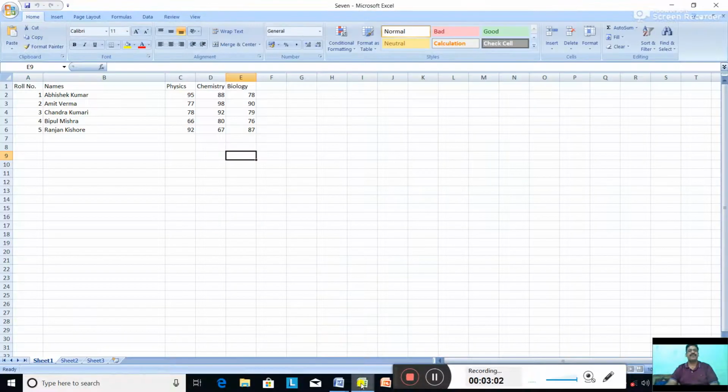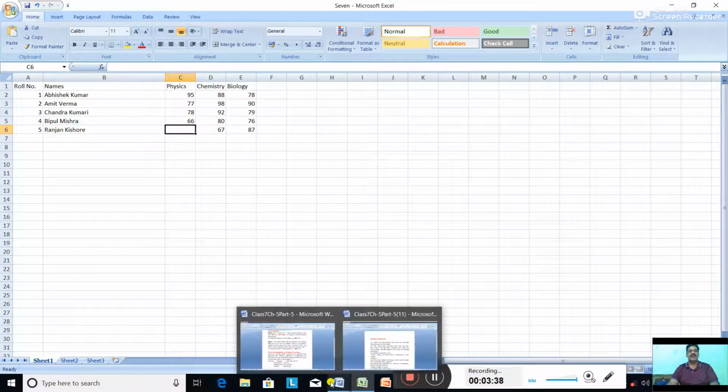Once again, I'll show you. This is our active worksheet. See, this is the undo button, and this is the redo button. Now nothing is active, neither undo nor redo. Now you do some action. Suppose I delete Ranjan Kishore's physics marks. Deleted. As you delete, you see the undo button became active. Click on undo, and it came back. Now to use redo, click on the redo button, and 92 is gone. The last action is cancelled. So this is the use of the redo button.